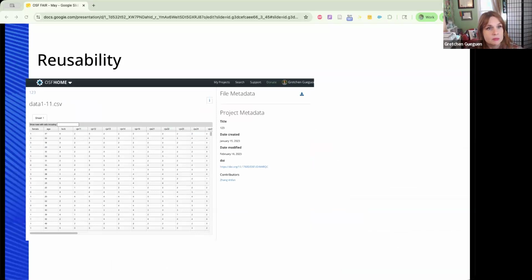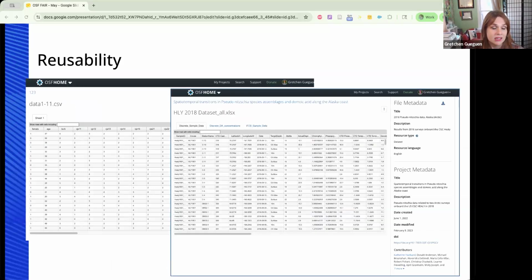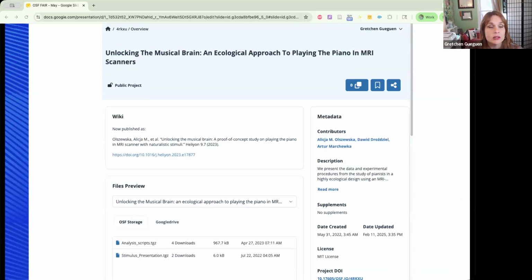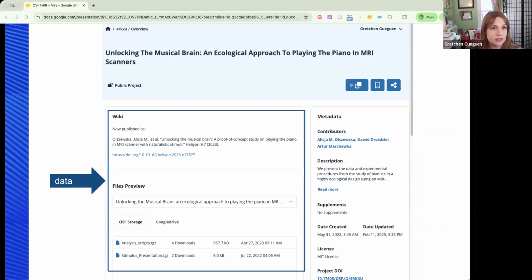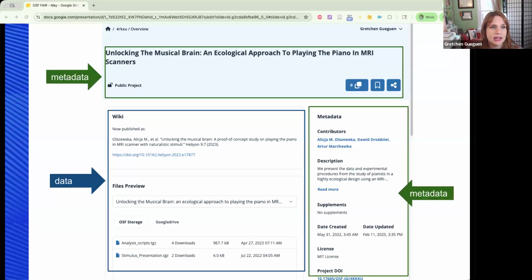Metadata also increases reusability, which we'll talk about again. You can compare this file that has very little metadata to this one. And you can see that with the latter, we know more about what this data is and whether or not we could reuse it. So we'll talk more, as I said, about reusability specifically. So finally, when we look at OSF, we can see that objects have both data in files, in components, in the answers to questions in registered study plans, but it also has metadata like titles, contributors, tags, and activity logs.